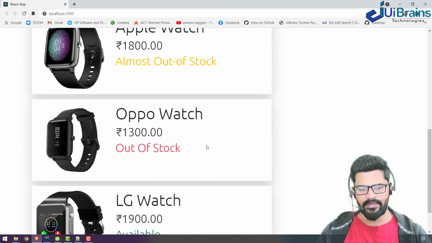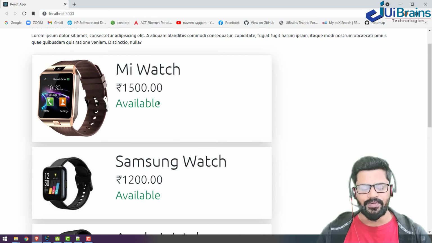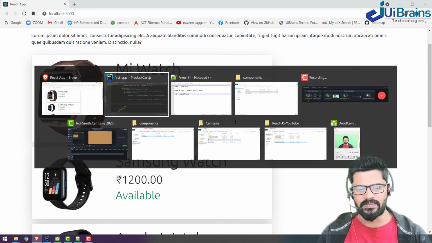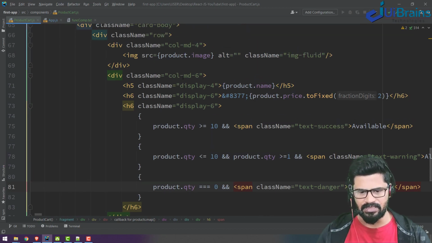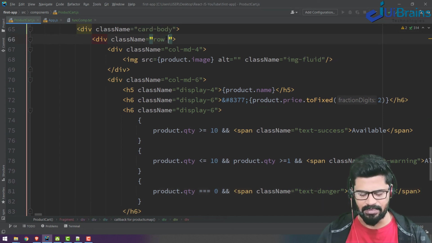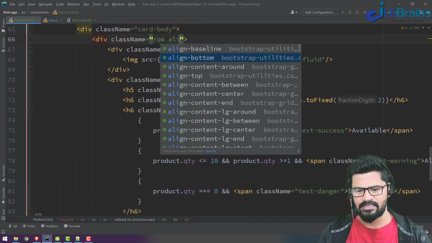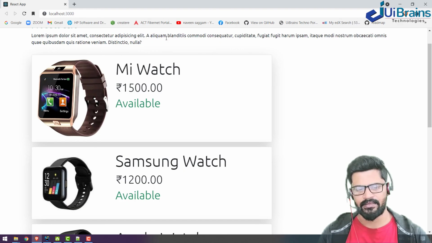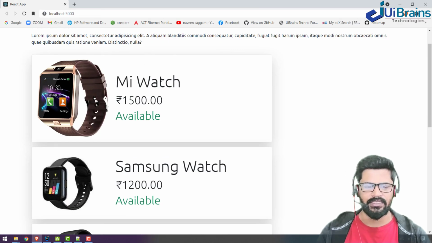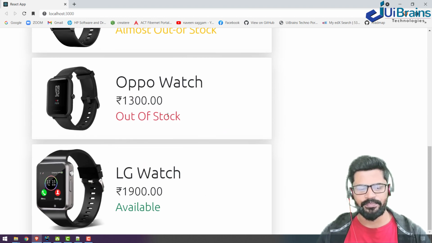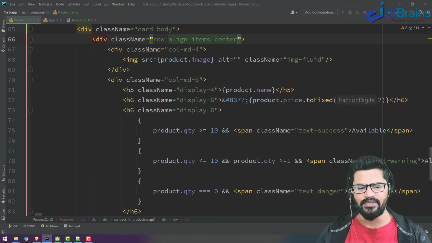See, this is the way. So you know how to display the content. Once again, you want to write some align-items-center. Okay, looks good.